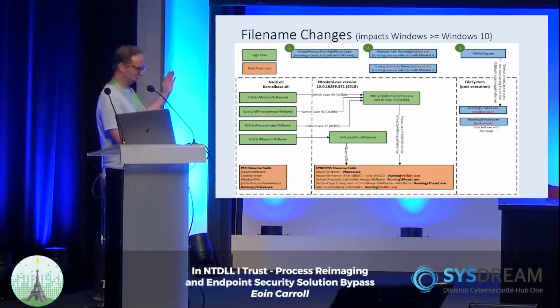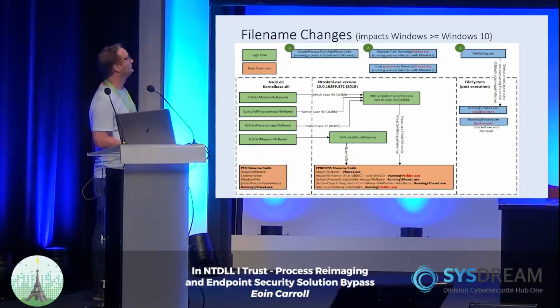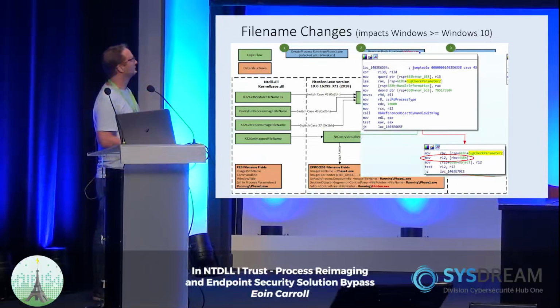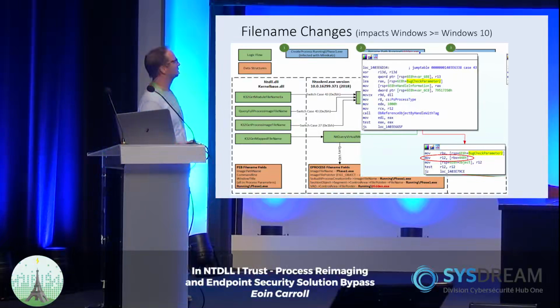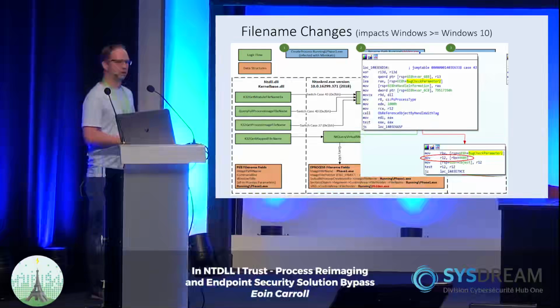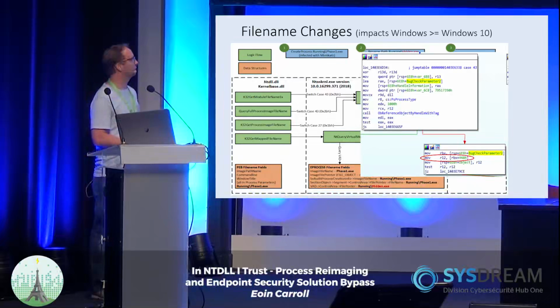So that's for versions greater than Windows 10. And the reason that's happening with the file image pointer, if you look in the kernel, the file image pointer is located at 448 hex offset in the eProcess structure. Now I'm not sure, that field was added for Windows 10. I'm not sure why they're not using it. It obviously does reflect the file name changes, and you can see the changes clearly in the kernel, but it's